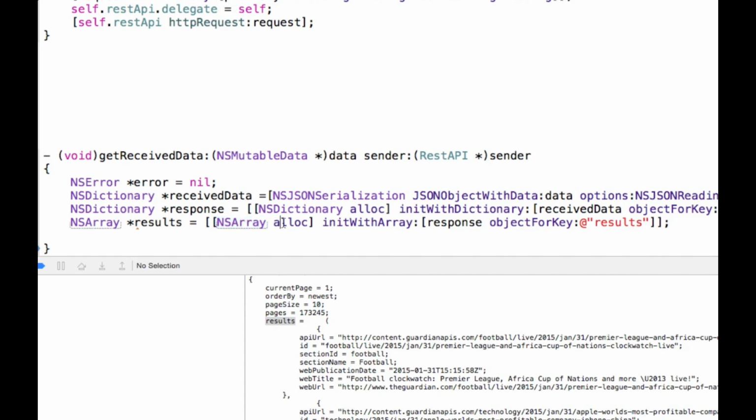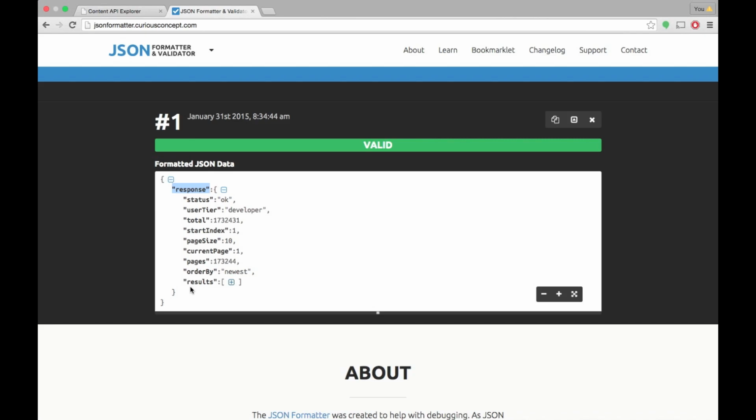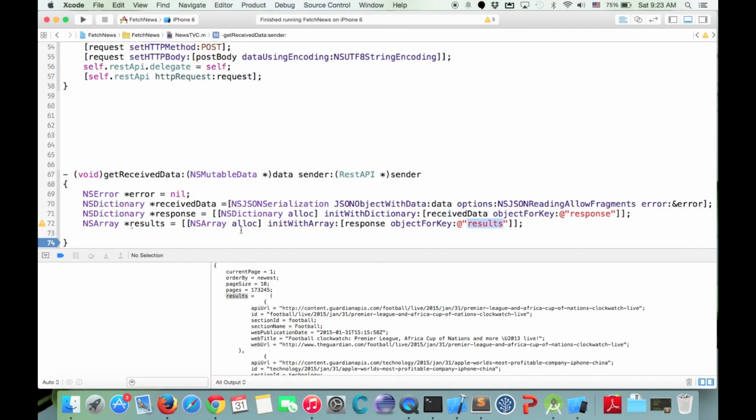And we initialize it as any other array. So we say NSArray, alloc, init, and this time again, like with the dictionary, we initialize it with an array. With what array? With this array. It's a dictionary, and if we look for a key, which is results, it returns an array. So if we look for this key, as a result it returns an array. So that's why we assign it to an array. So we say initWithArray, and objectForKey, it's looking for this key and it assigns it back to the results. So if I run the program